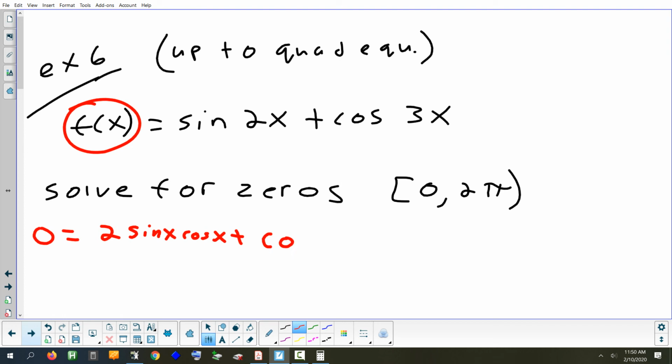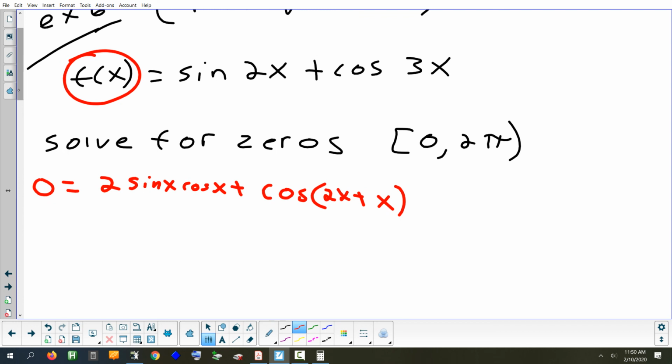How could you think of 3x as a calculation of 2 things you added together? 2x and x. Now, that's a cosine sum. So we're going to use the cosine sum on that, and when we're done, it's going to get a lot bigger, because remember, cosine sum takes one thing and turns it into 4. But some stuff is going to cancel out here, eventually, not right away. So let's leave the 2 sine cosine right where it is,